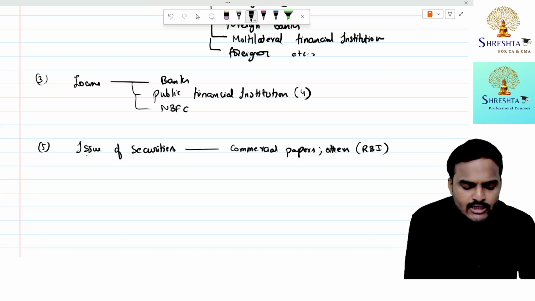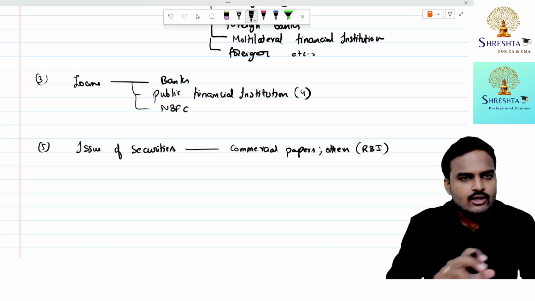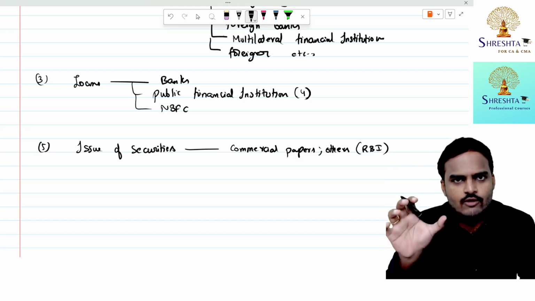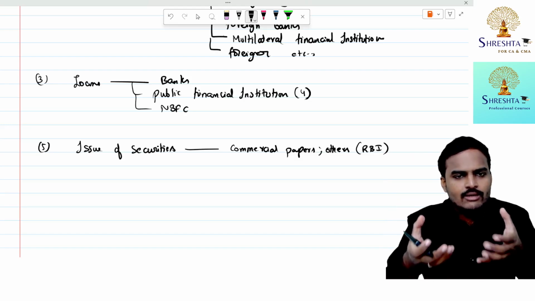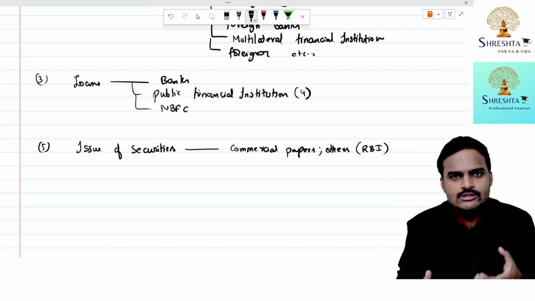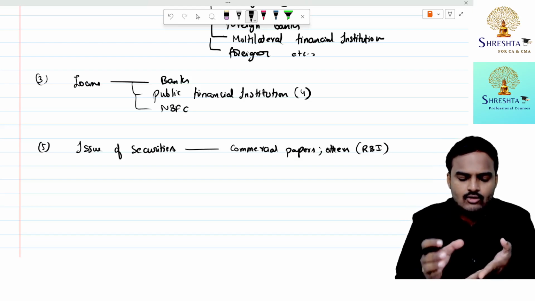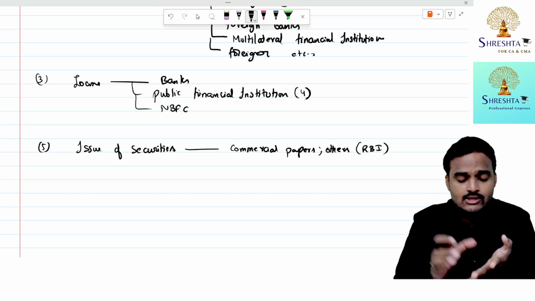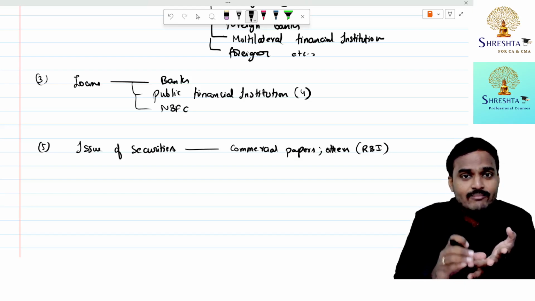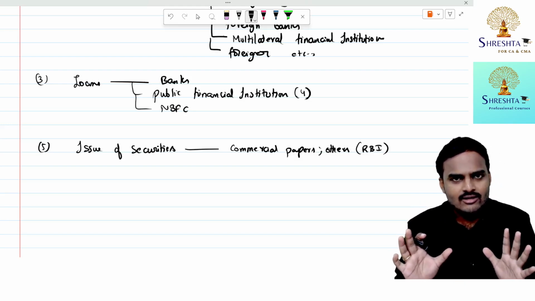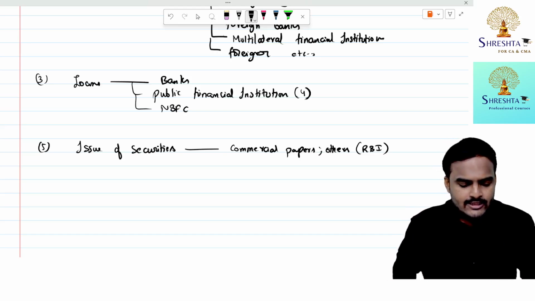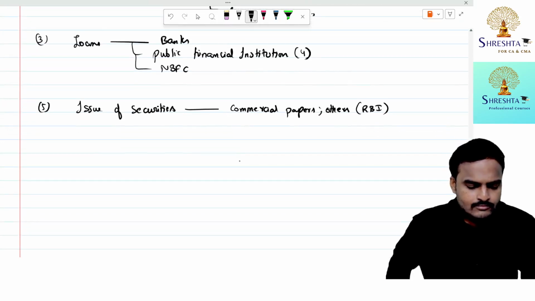So if you raise money through issue of these securities, then also they will not come under the definition of deposits. Once not coming under the definition of deposits, you are not required to satisfy general conditions, tenure conditions, or amount limits. Are you all getting my point, students? Next one.